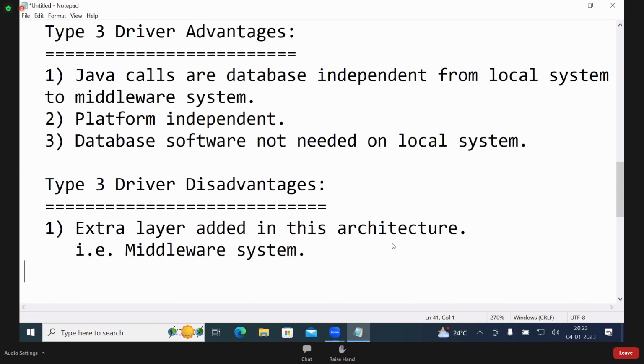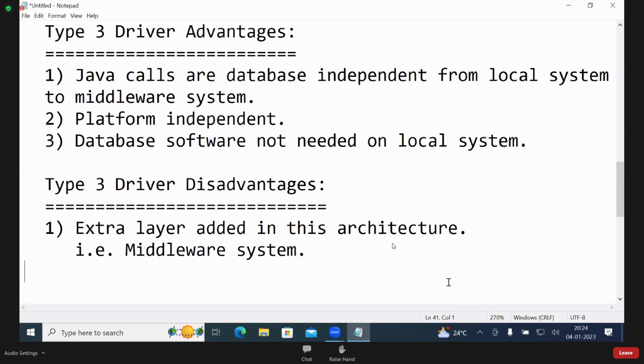ODBC was there. Type 2, native libraries. Type 3, middleware system. But type 4, nothing will be there. Direct communication, very fast. It sends the database understandable format directly. That is type 4.